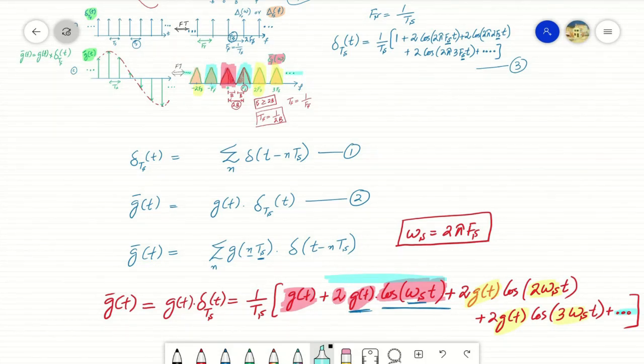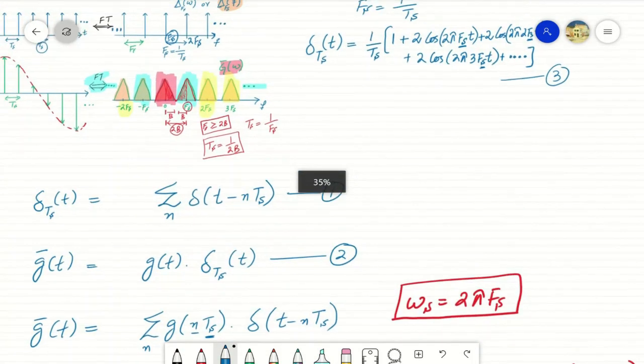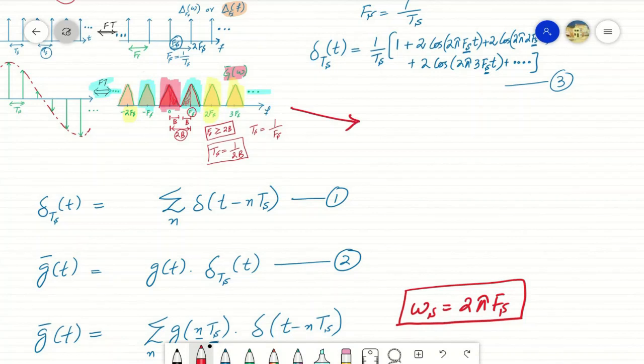So we will have successive copies of the original given signal g of omega in the sampled signal g bar of omega. So the spectrum which we plotted for the sampled signal can also be authenticated by this time domain expression, which we obtained through trigonometric Fourier series expansion of the impulse train signal of time domain. So as we have multiple representations of g of omega in g bar of omega, we can write an expression